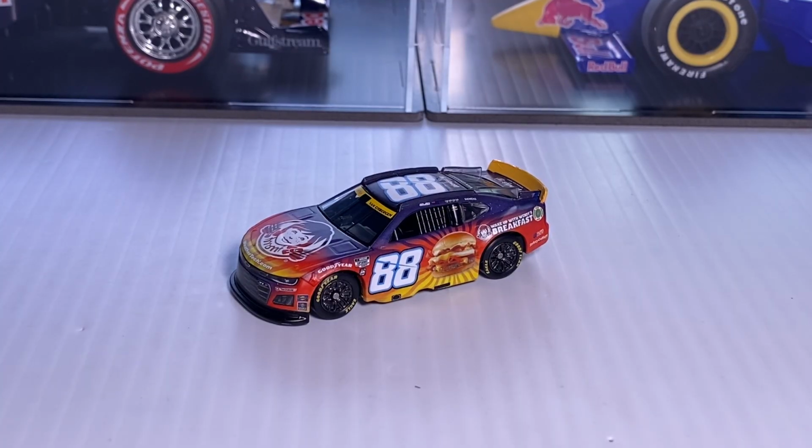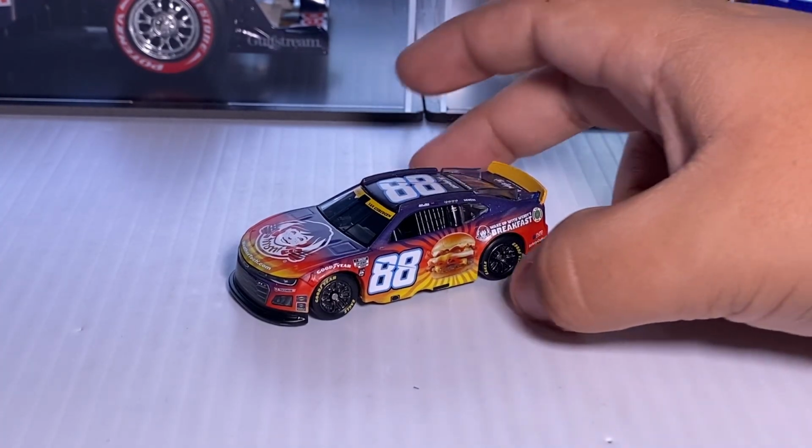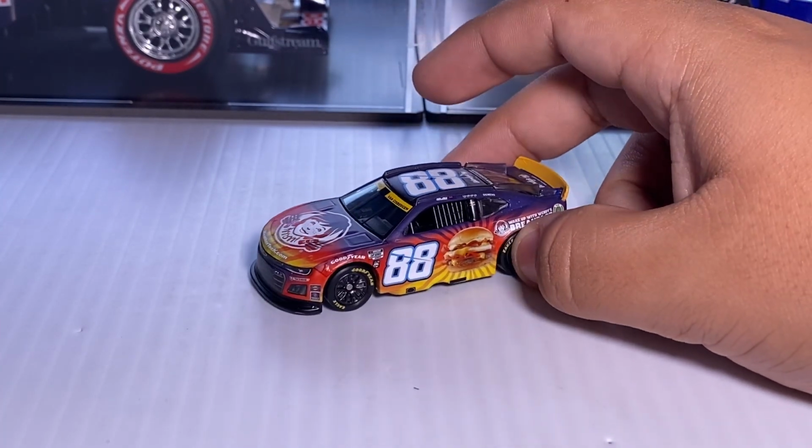Boy, is he really coming alive this year. He's definitely improved a lot. And once he wins on an oval, I think it might be game over. He's going to be super consistent, hopefully, which is great. So we can have a guy who could run everything, which is going to be very interesting to see. But yeah, Wendy's Baconator,